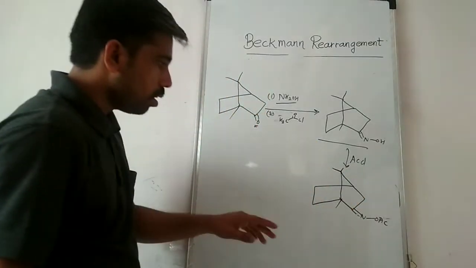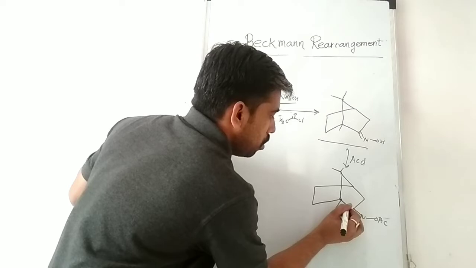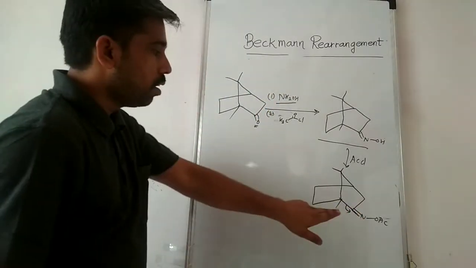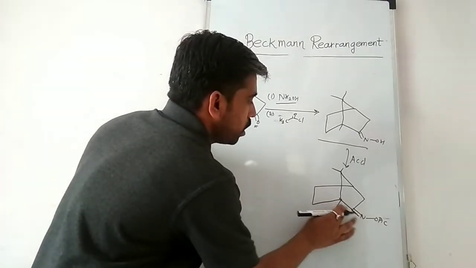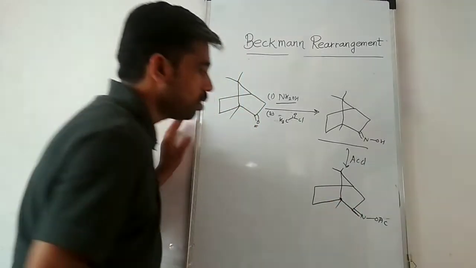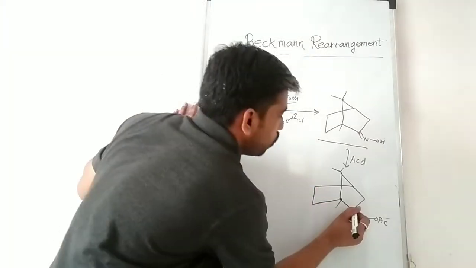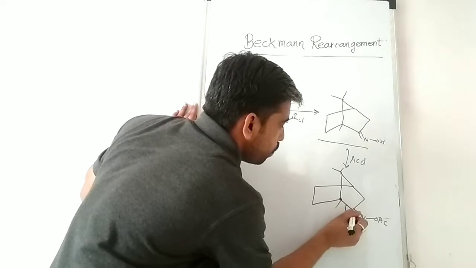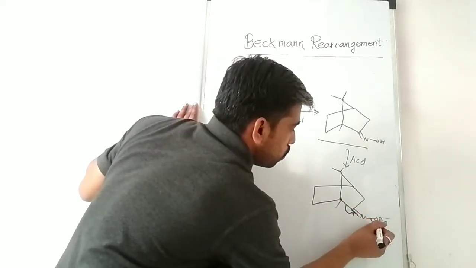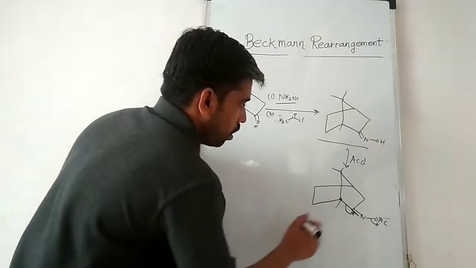Now, why is this bond broken or fragmented? Okay, why is this bond broken and not the migration of this group? Because there is a formation of the stable carbocation, a tertiary carbocation, and another reason is the polarization. Because of the polarization, this bond is broken and there is a fragmentation reaction, that is the Beckmann fragmentation, and we get the,